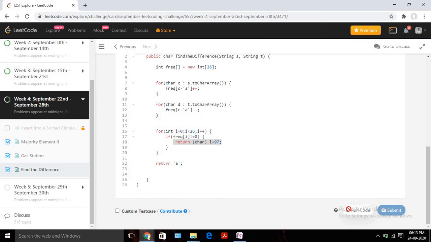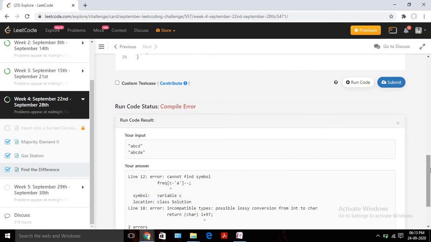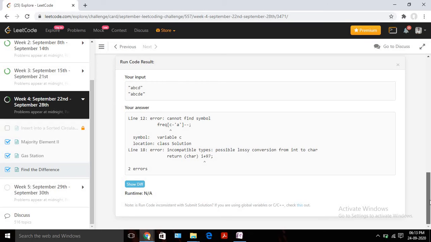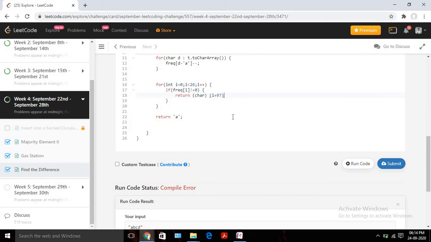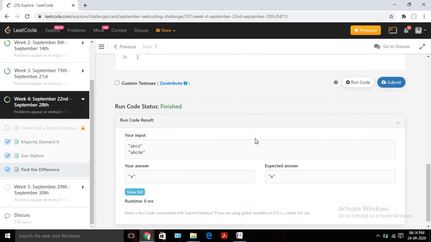So let's quickly run it and check whether it's compiling or not. Okay, it's showing some error, so let's quickly fix that. First thing, it should be D. I change it to D. It should be D, and we need to put it in a bracket only, right? So let's do that, and now let's run. Okay, I need to add a semicolon here also. Okay, I think our solution is compiled and it's giving us the expected answer for the first test case.